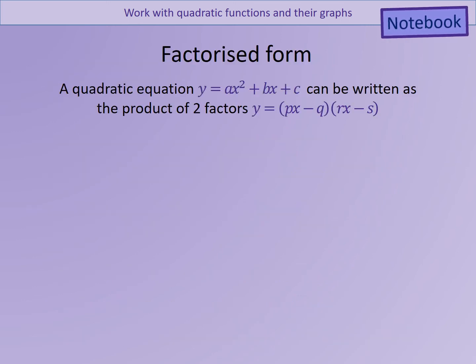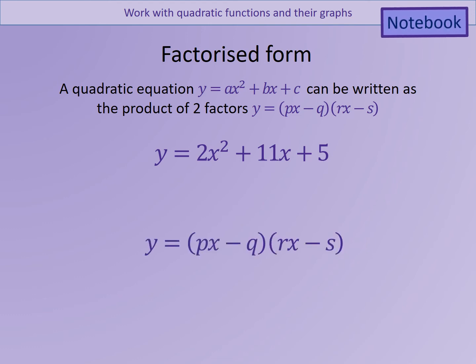So on this slide we're going to look at factorising quadratics, and we're going to assume that the quadratic we look at here can be factorised. There are other methods that we'll look at later on for when things get a bit more complicated. So presuming that 2x squared plus 11x plus 5 can be factorised, I'm going to set up the factorisation with